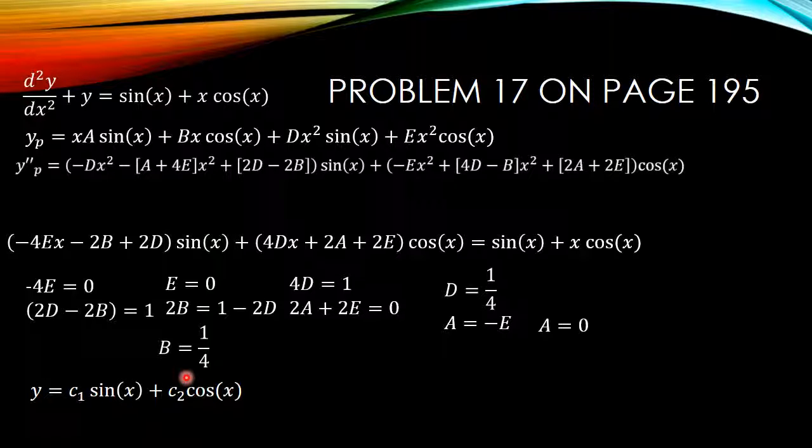So we have our complementary solution here. Now I can add my particular solution to it, because we know a is 0, so there's no x times sine. We know b is not 0, it's 1/4, so I've got it right here. I know d is 1/4, so I put it down here, but my e is 0, so that doesn't show up over here. Alright, so that's the solution